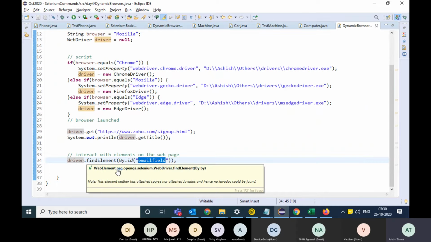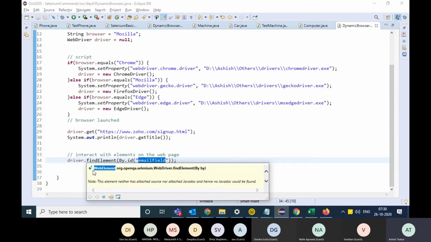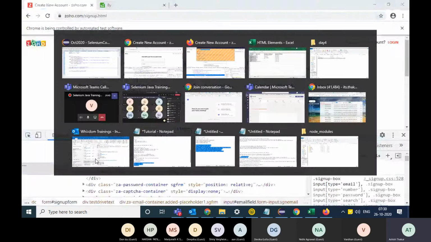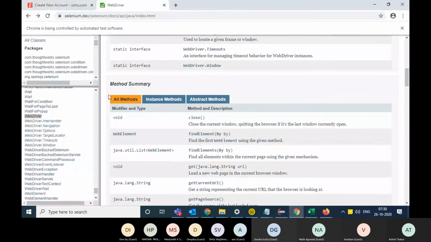Okay, this function returns you a reference of the WebElement interface. This findElement function returns you a WebElement reference.